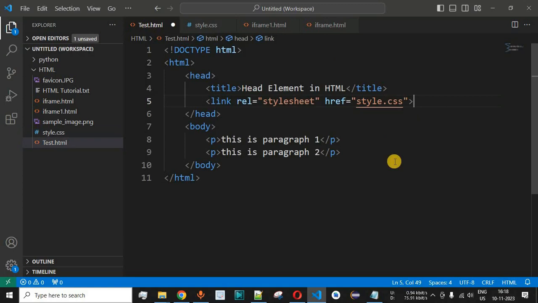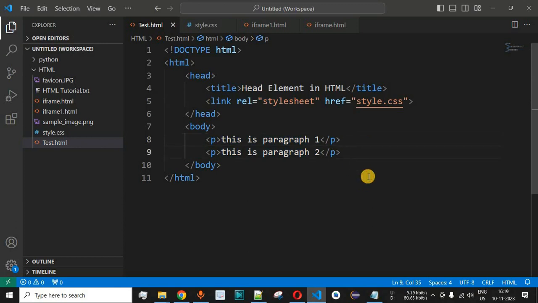So guys, in this way what exactly we are doing is we are separating the styling of the document that we have defined in the style.css file from the HTML code that we have written. So guys, our code looks cleaner in this case. So this is one of the best practices that we must follow, that is to create the HTML files and CSS files separately and to link them by using the link tag over here, so that we have the separate style sheets and the HTML files that can be maintained properly.